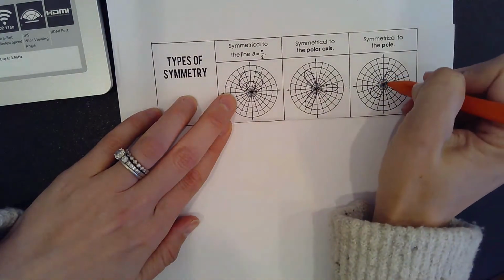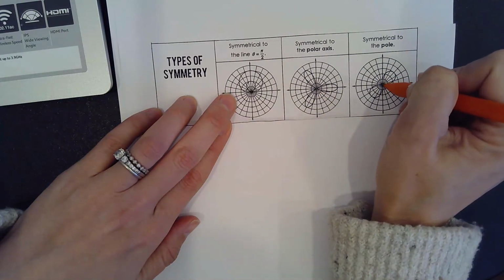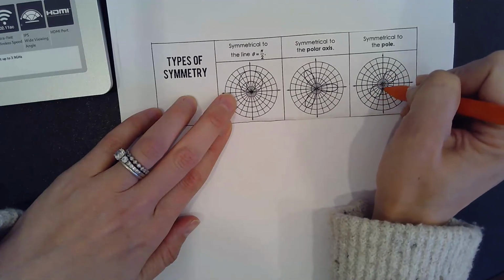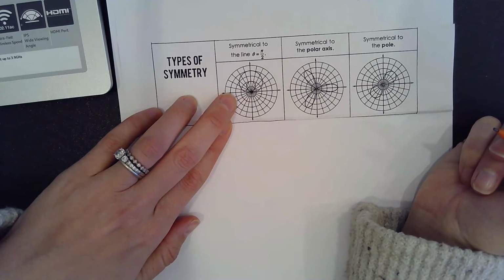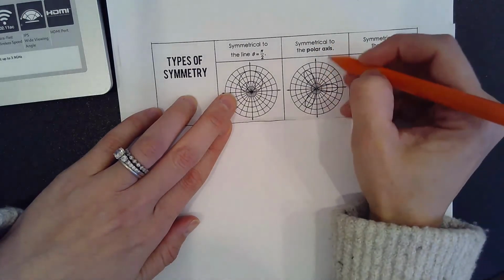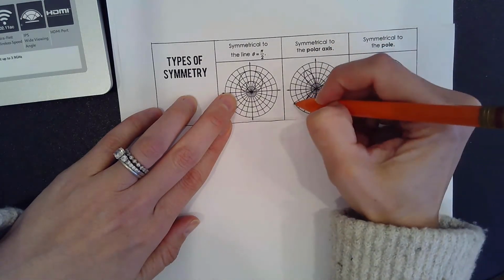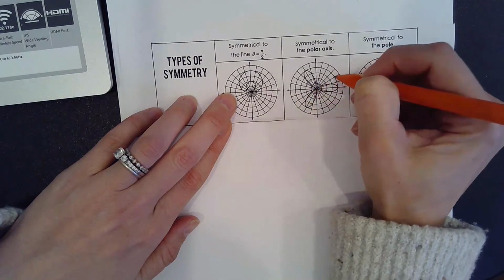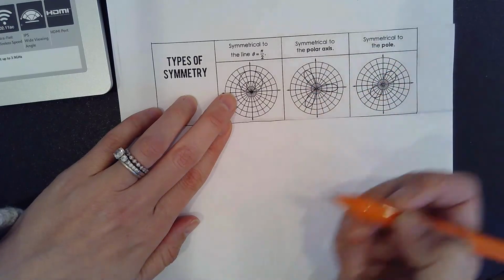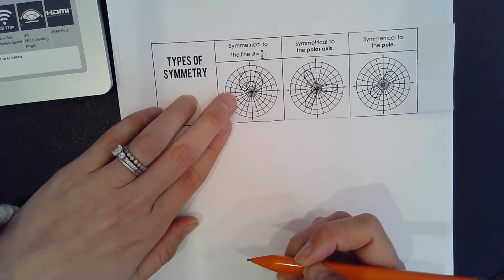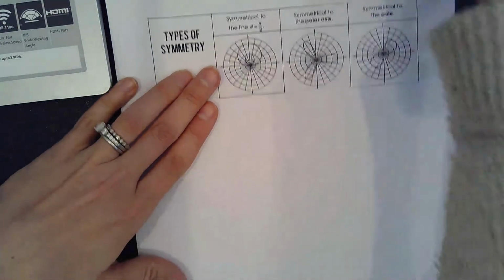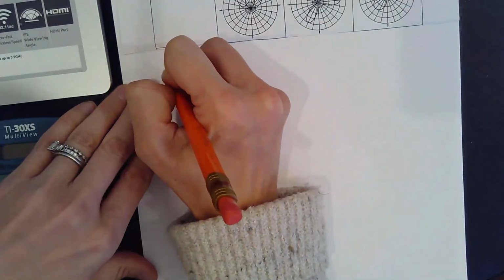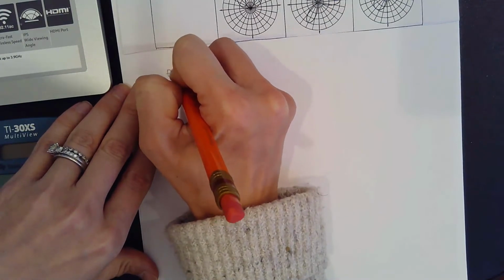And then symmetrical across the pole. So here is your pole. Then it would be symmetrical on either side of the pole. Okay, symmetrical across a polar axis would just be that maybe it's symmetrical across one of these poles. Okay, all right. So how you can determine these polar types of symmetries are that if it is symmetrical to